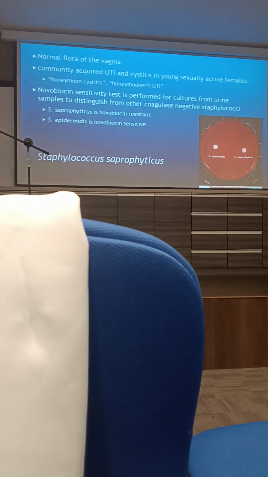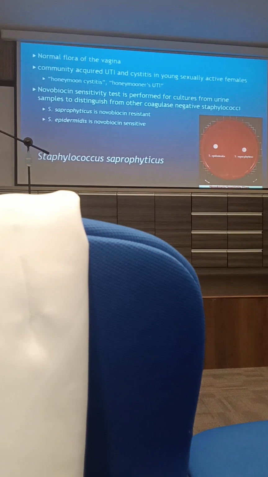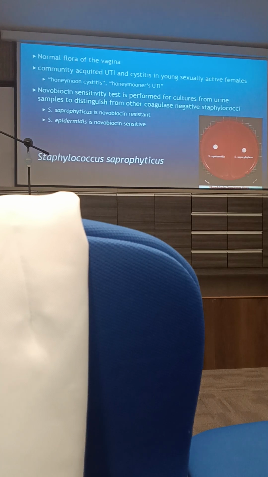The female urethra is shorter, so bacterial transfer can occur easily in females, causing urinary tract infection. During sexual activity, bacteria can be forced into the urinary tract, causing infection,